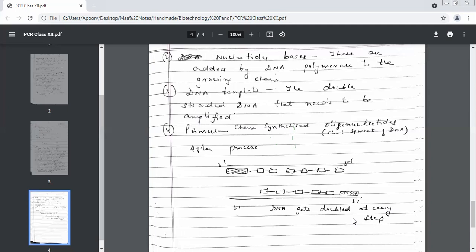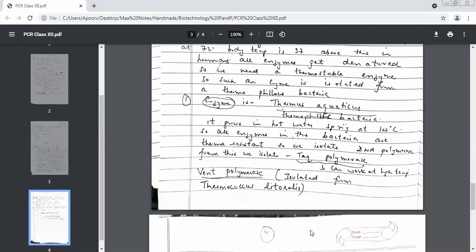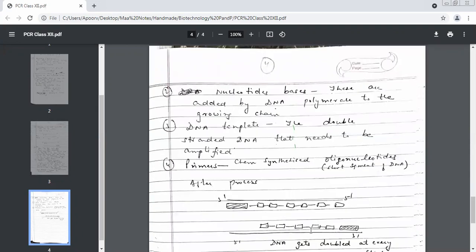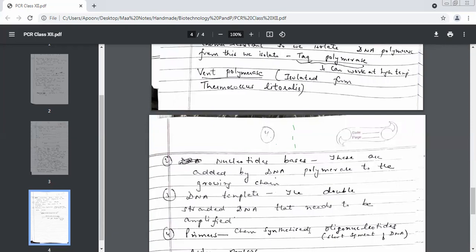Name the enzymes, three enzymes I talked about, which play a very important role in the process of PCR. One is DNA polymerase. Taq polymerase, which also can work at high temperatures. And Wnt polymerase. Name the three enzymes quickly which are involved in this process. DNA polymerase, Taq polymerase, and Wnt polymerase. Yes. Look at the spelling of Taq. We write it like this only, TAQ. All these enzymes are very special because they can work at very high temperatures.